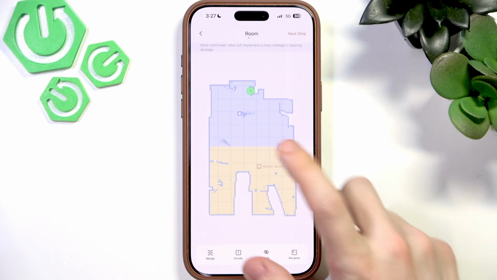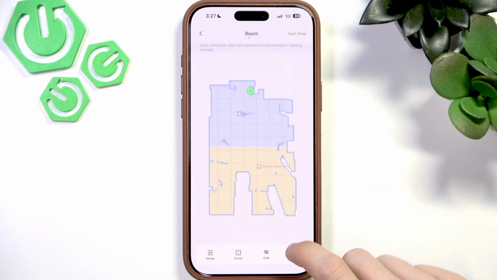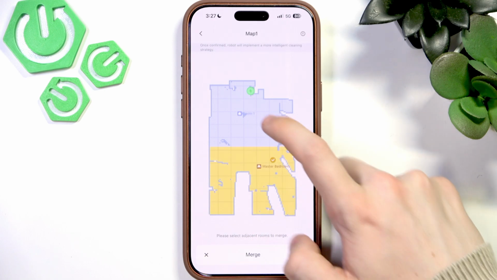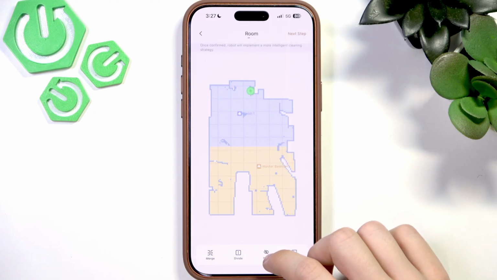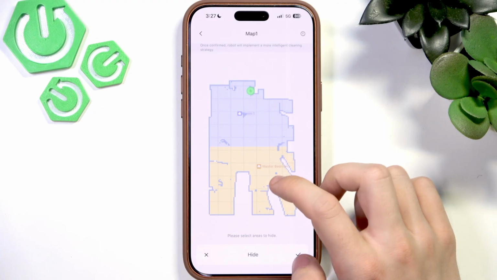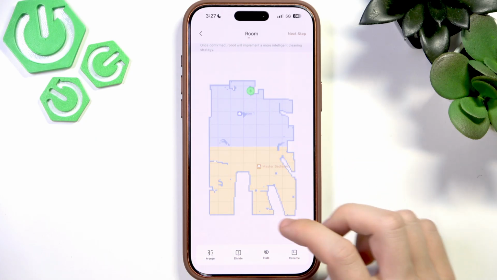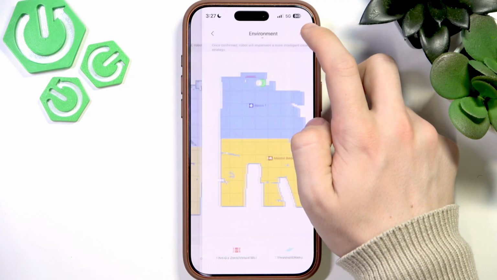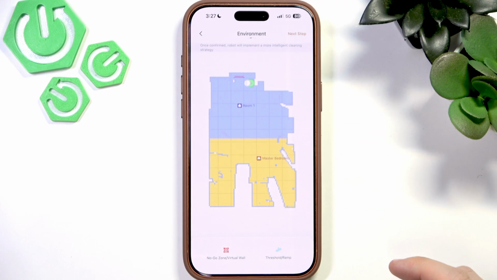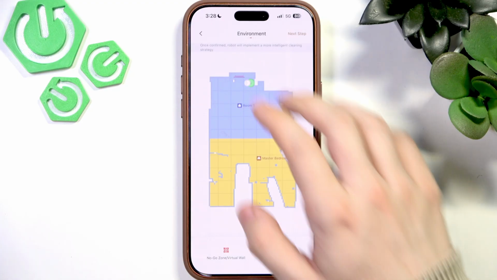I can rename them by clicking on any of them, then clicking on rename. I can also merge them by selecting both and clicking on agree, confirming, and it'll just do it like that. And you can also hide rooms, or parts of the room, and they won't be shown on the map. Now it shows me next step because I can also add no-go zones, but I won't